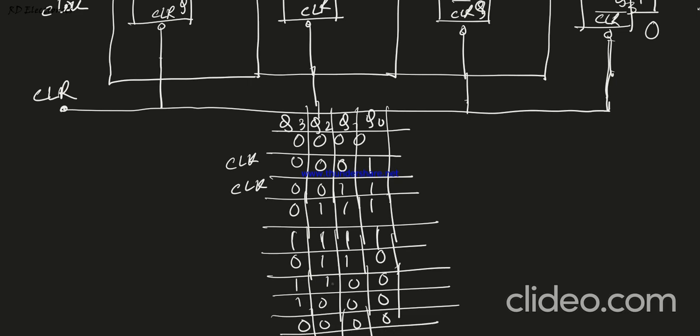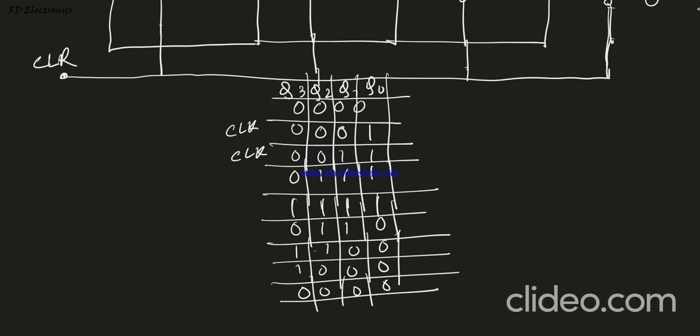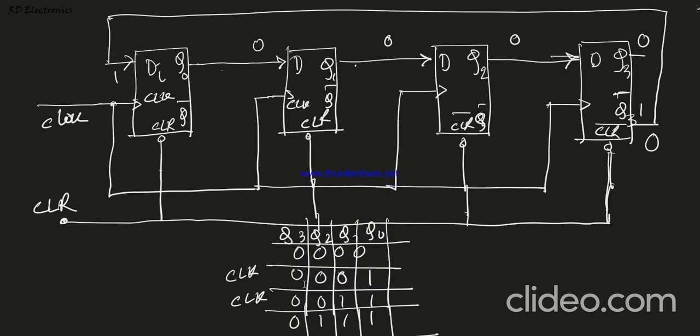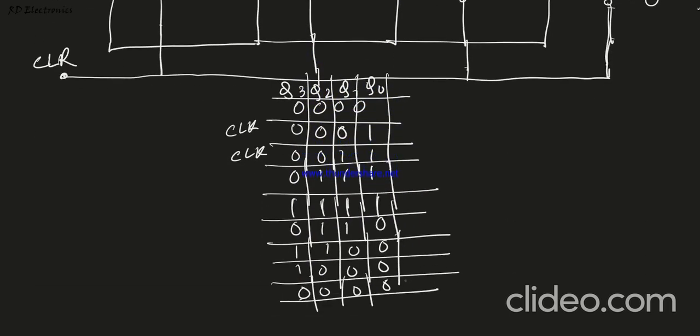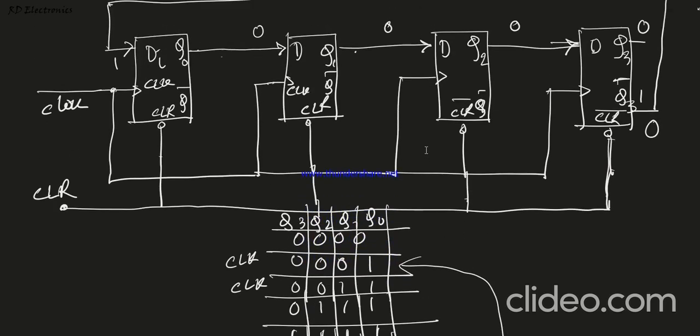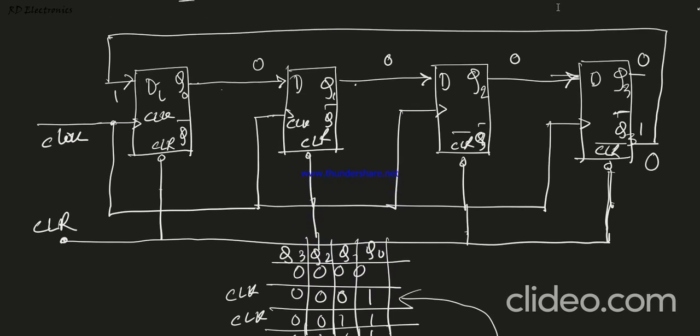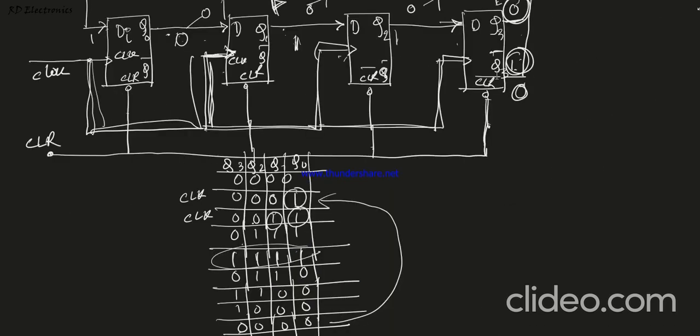Now see that when Q3 becomes 0 again, then this bit becomes 1 again, and after 0 0 0 0 it starts repeating from here. So this is the basic principle and the fundamental counting sequence of this 4-bit Johnson counter using D flip-flops. Sorry, here this is 1, this is not 0, this is 1.